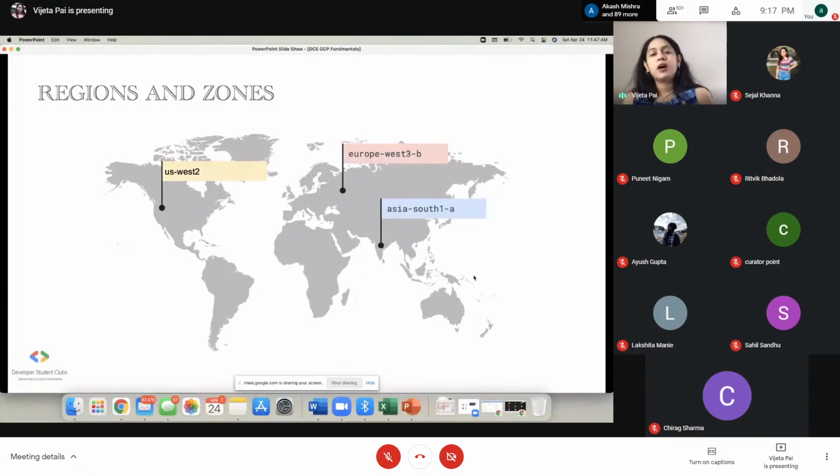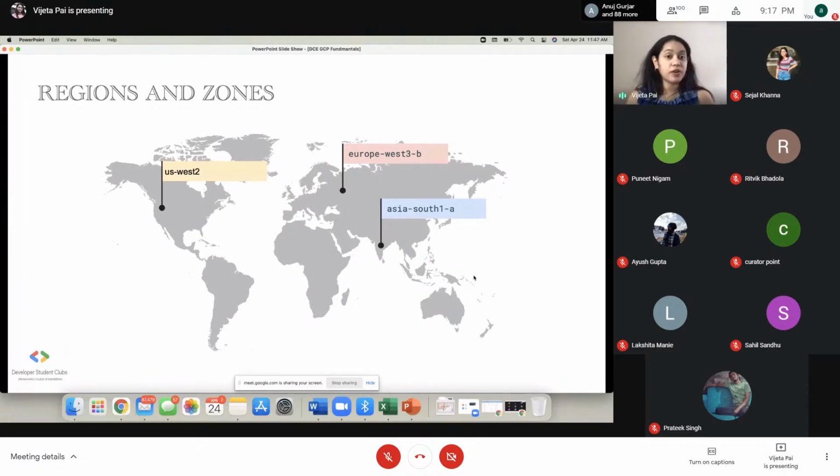Now, I've been talking about different cloud providers and data centers. I'm going to explain one concept to you: regions and zones. What is a region? So, region is basically a geographical location. So, it's basically a location where your data center is situated. Think about this. You all are using Facebook. You want a really fast experience, right? With that, you don't want any kind of latency. What do I mean by latency? Slow. You don't want it to be slow. You want it to be fast. You want it to be at your fingertips.